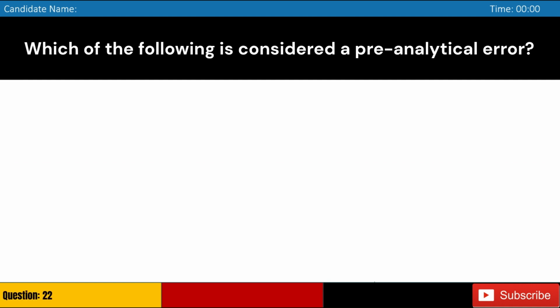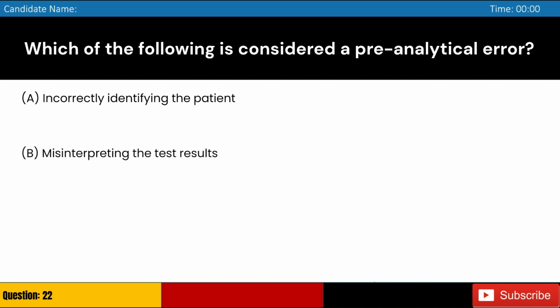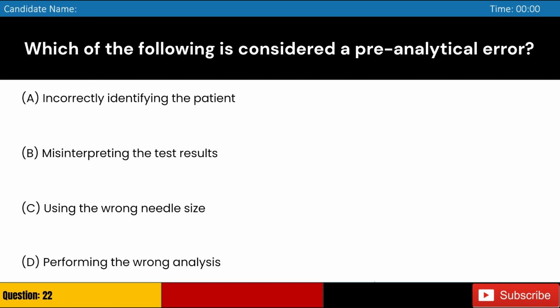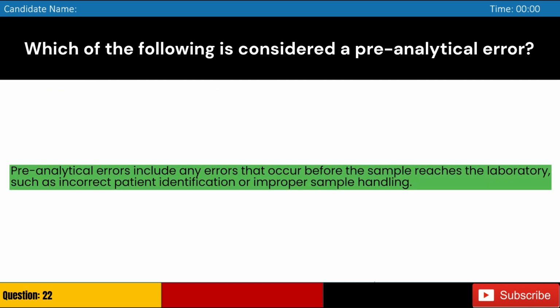Which of the following is considered a pre-analytical error? A. Incorrectly identifying the patient. B. Misinterpreting the test results. C. Using the wrong needle size. D. Performing the wrong analysis. Answer A. Incorrectly identifying the patient. Pre-analytical errors include any errors that occur before the sample reaches the laboratory, such as incorrect patient identification or improper